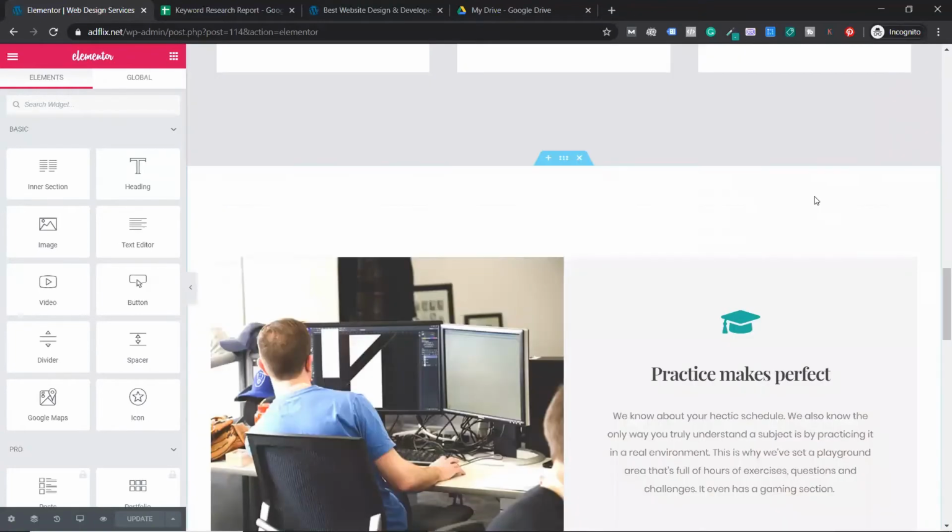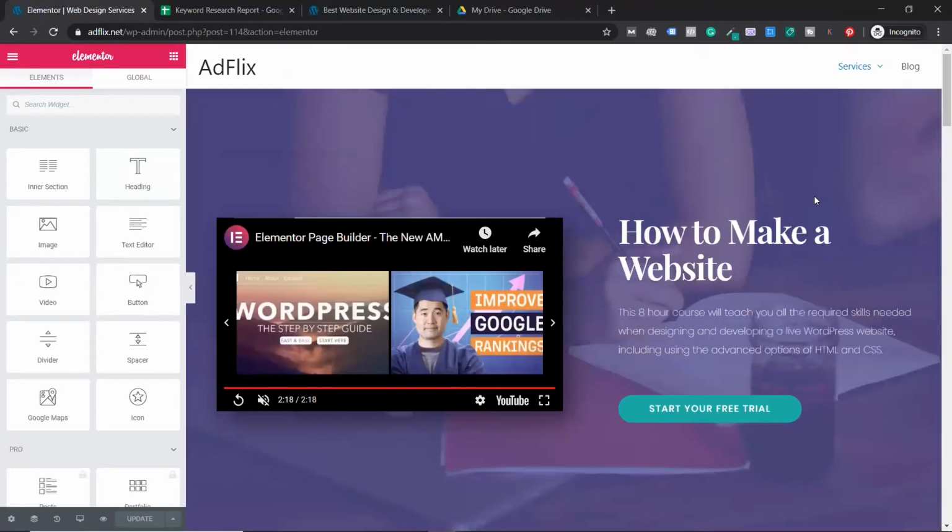Now here, when you import, there is no heading tag. You have to add a heading tag, because the heading of the page has been removed. So here is where you start adding. Usually the first heading of your page should be your heading tag. Can I see how to make a website is there?